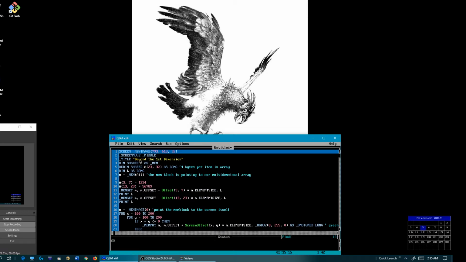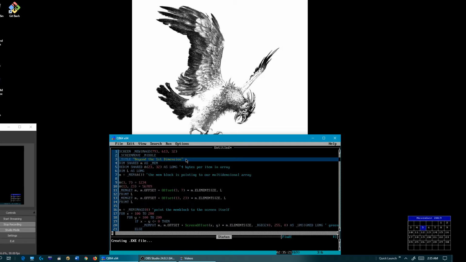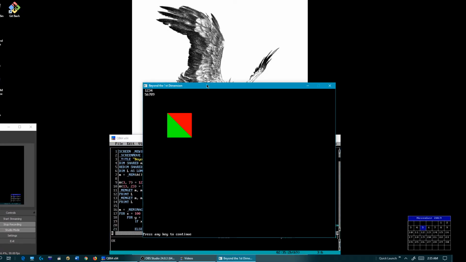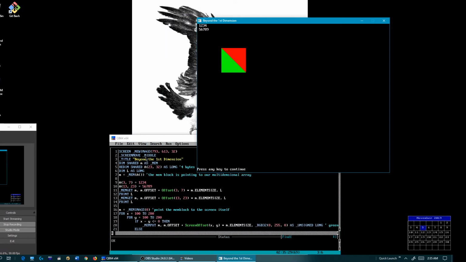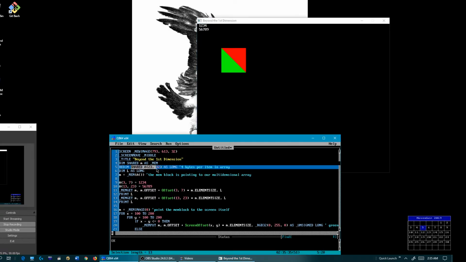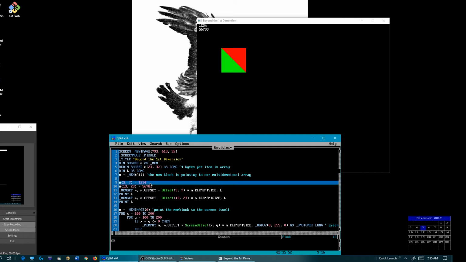Now, this was going to be the start for the tutorial beyond the first dimension. It works just like what I was telling you previously. We take our memory block, our array, an array of 24 elements and 33 elements. Remember, it starts at 0, and 0 to 23 is 24, and 0 to 32 is 33 elements. So, when we want to set a value, the third element, the seventh element,